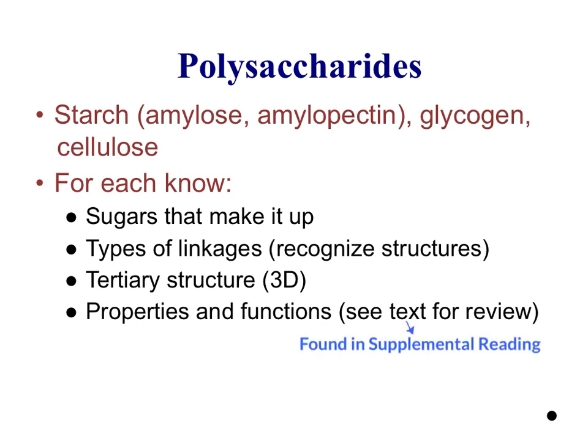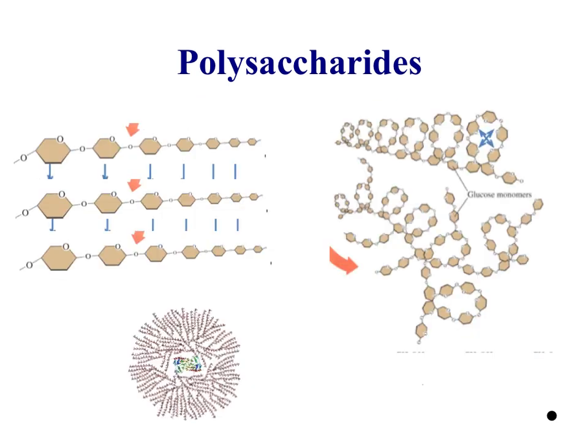And anything you would need to know about that is also in the supplemental text. So right here is a pictorial summary of all the things we're going to talk about. On the left, we've got cellulose. Notice how it's flat. On the top right, we have amylose. It's an alpha helix. On the bottom underneath that is amylopectin. So it's got branches. That's how I can tell. And then on the bottom left is glycogen. But don't worry, we're going to talk about each of these in more detail, so hopefully you'll learn how to